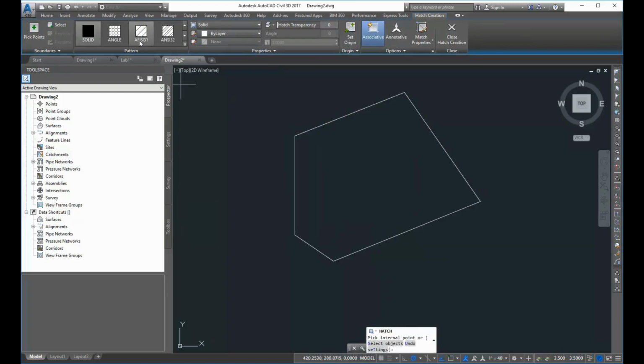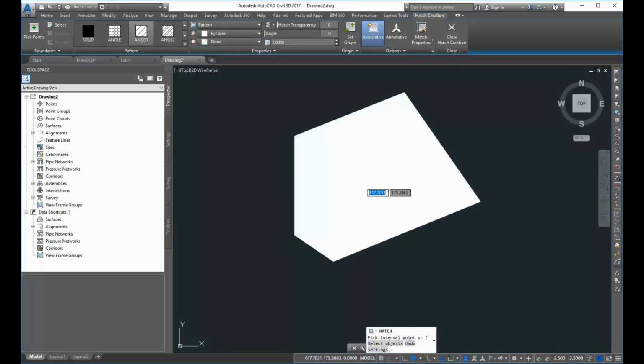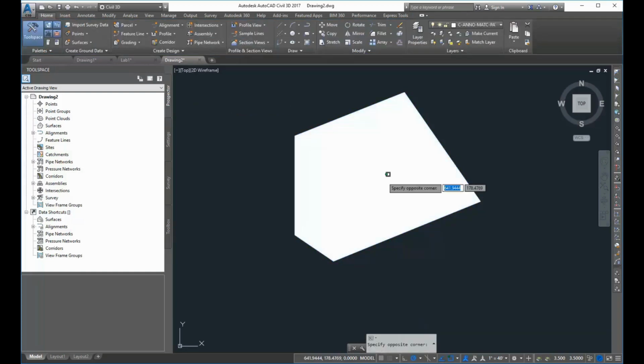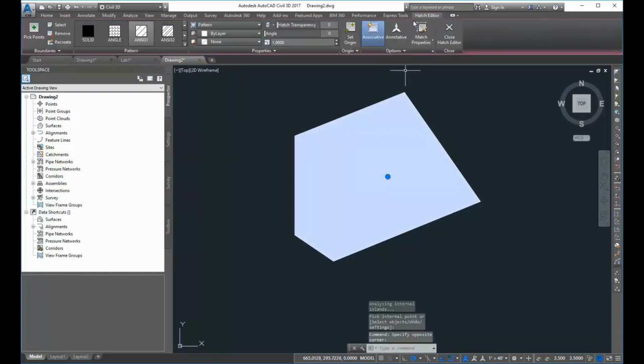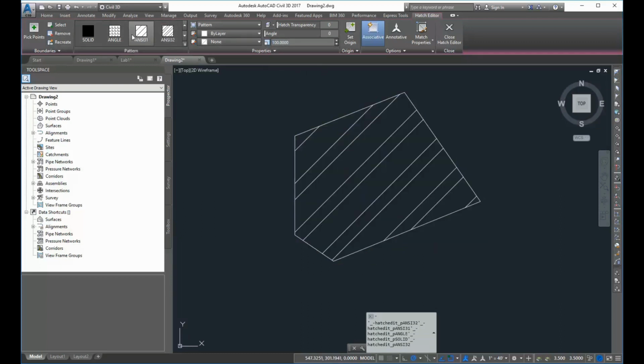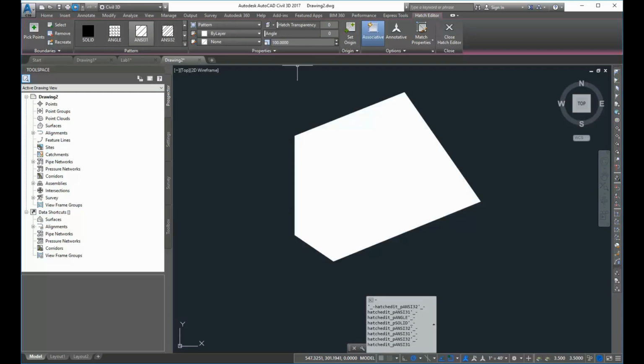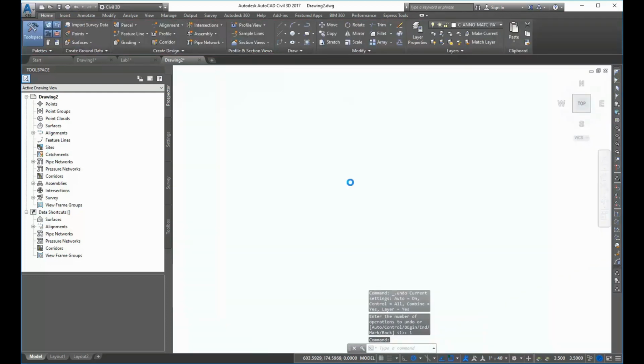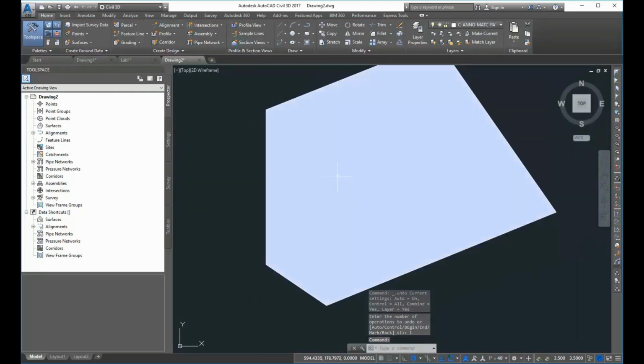So I can pick this point, I can change some of my patterns. In this case, if I select a hatch, I can go in here and start changing some of the features. What I did there was I hatched it as this diagonal line, but it looked solid. If I were to go back, I might have to zoom in pretty far, but it had to do with